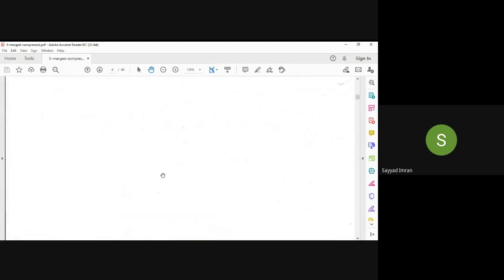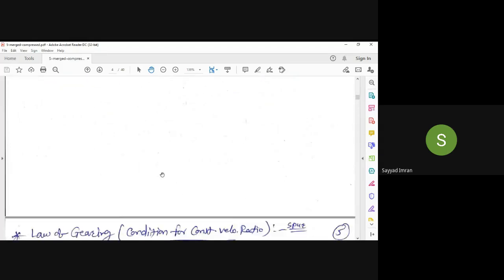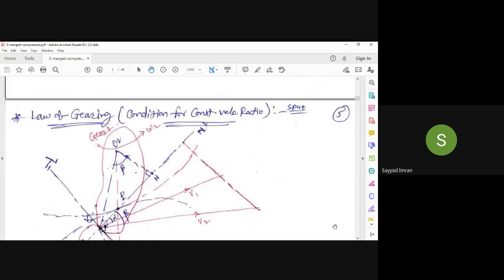So, these are some basic terminology of a gear. These are very important. Okay, everyone has to go through it properly because this is required while solving the problems also, and in the oral also it is very essential. Understood?